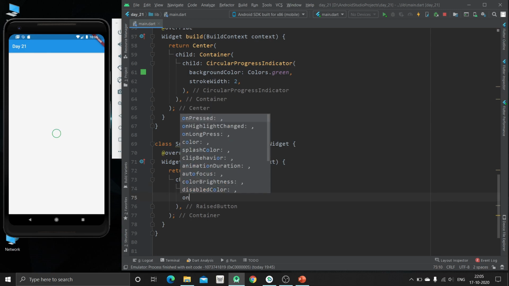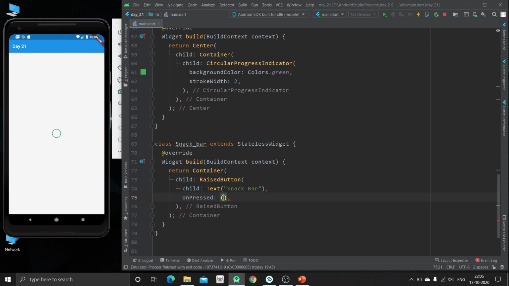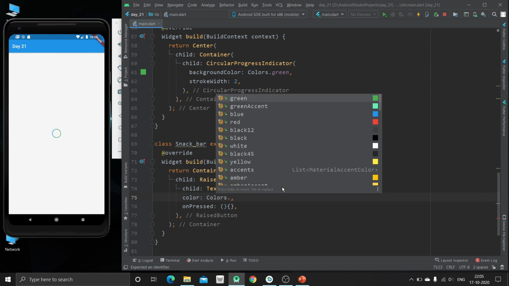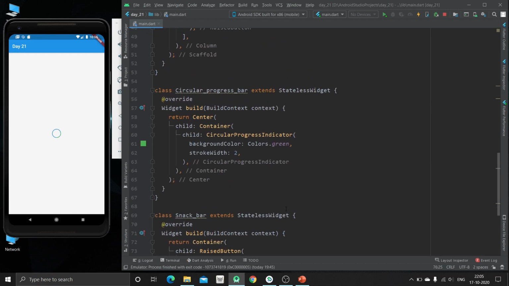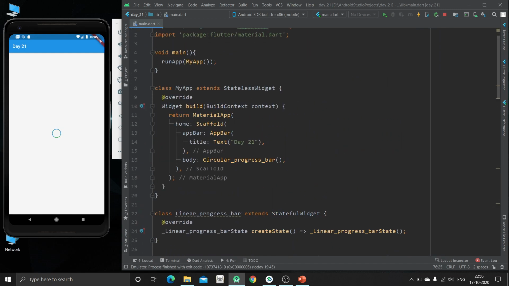Now we have to specify the on pressed property, otherwise by default it will be disabled. And we are going to use the color property to change the color. We are going to use blue color. We have to call this inside this body, so we will remove this. Now it's done. Now just hit Control and S. Now you can see here is our raise button, and it is not disabled